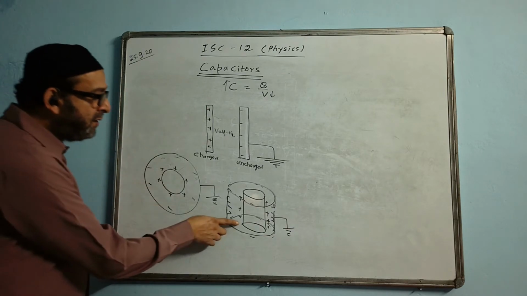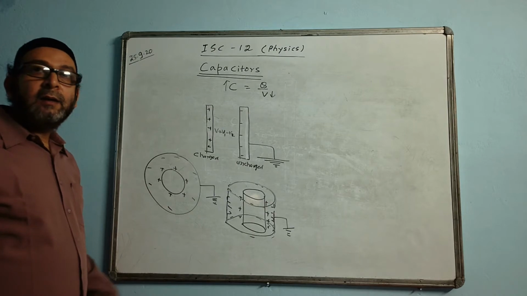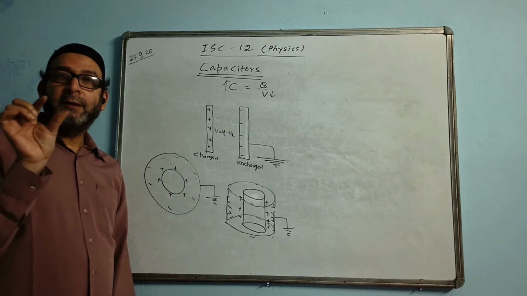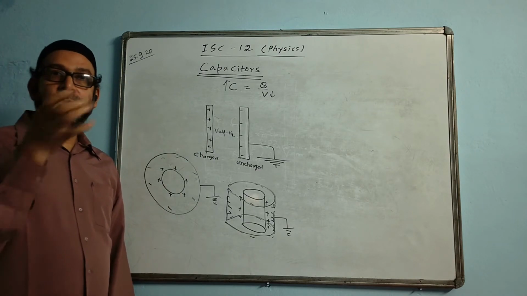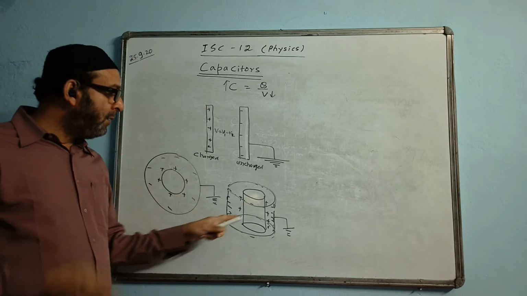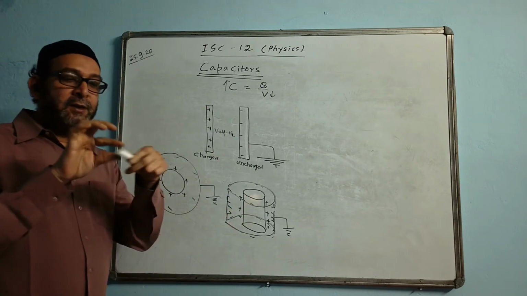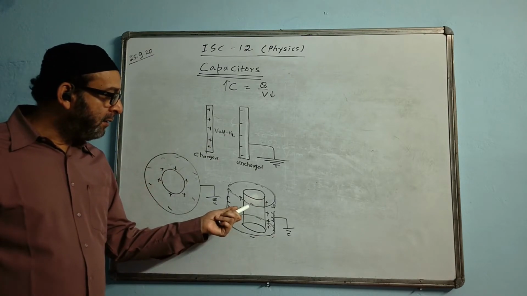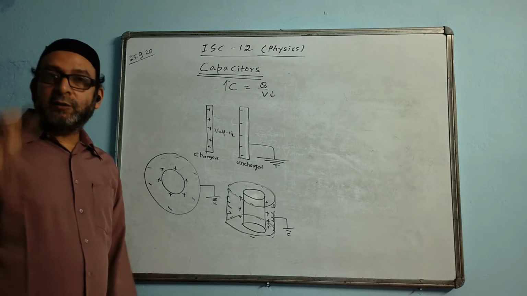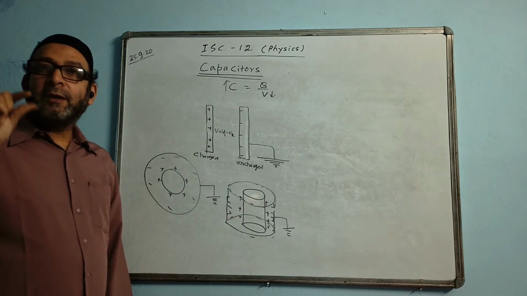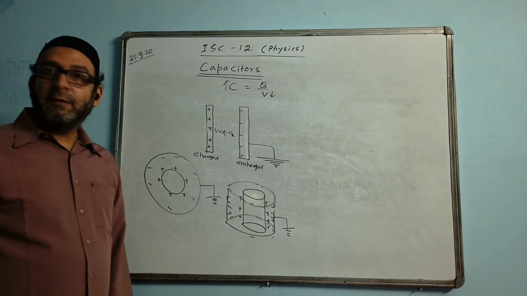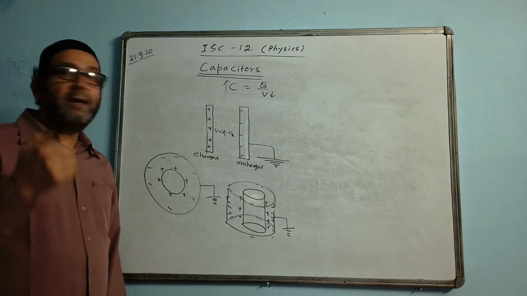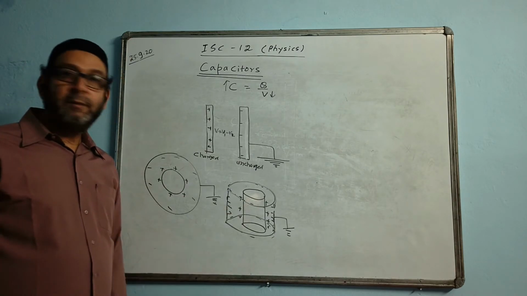Normally at home we use this kind of capacitor. I can give you an example of this kind of capacitor. It is used in an electric fan. In an electric fan, if you look below, when you remove the cup, you will find something like a battery. It looks like a battery. A cylindrical capacitor is there. In most practical situations we use this kind of capacitor, even in electronic circuits, in computer circuits, and even in the photographic camera, inside there are capacitors of this shape.